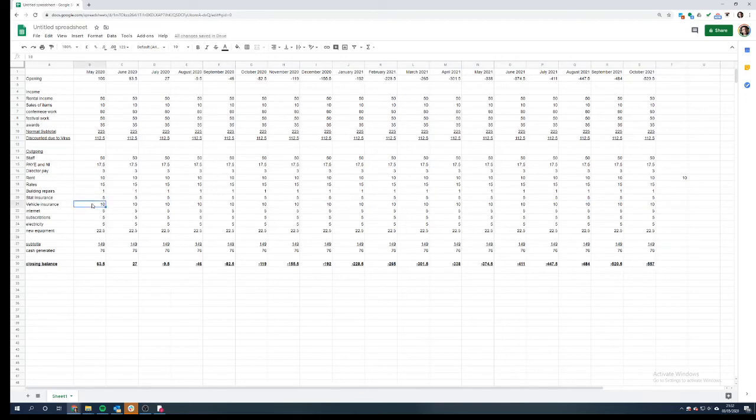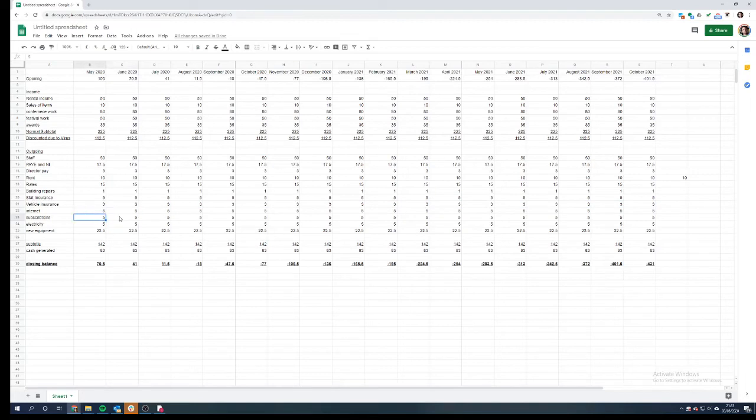Vehicle insurance. Let's say you had 10 vans doing local deliveries of beer or whatever. Now you're only running 3 vans. You might say, guys, not as much risk here. Can we knock this down? Maybe you could drop that down as well. Again, have a chat with the suppliers. We're down at minus 431 now.